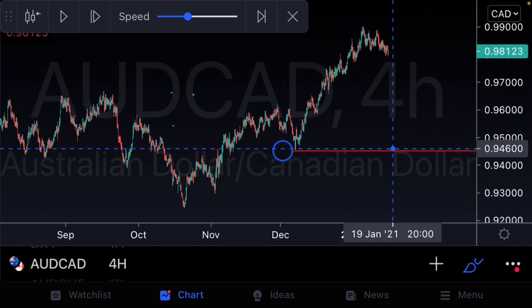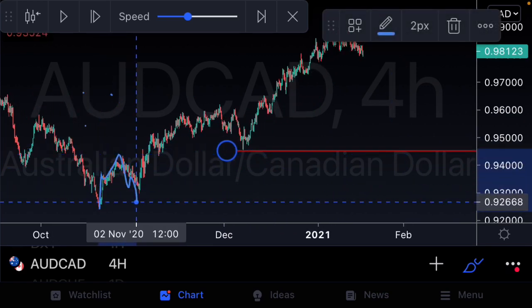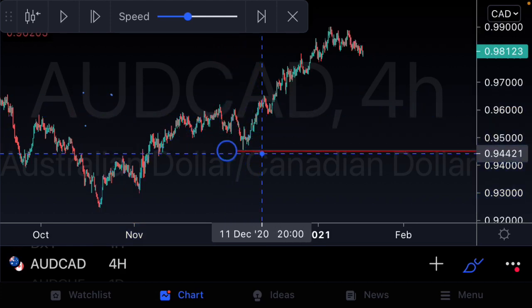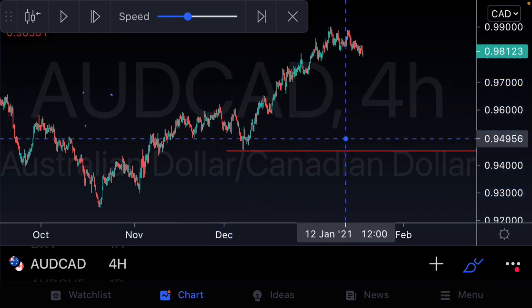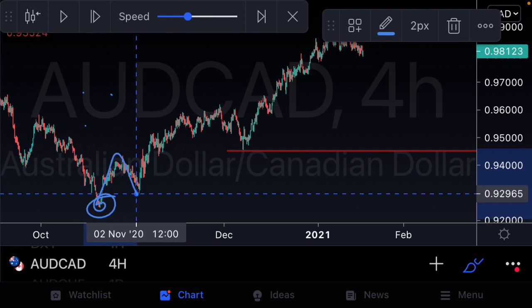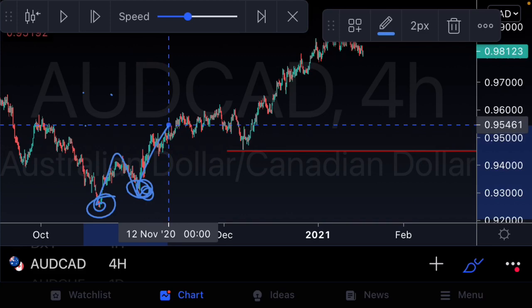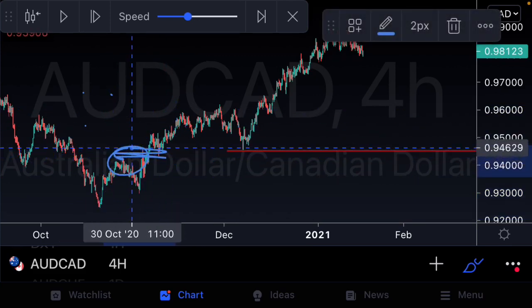So we understand that the market is fractal, and that there are trends going up here, trends going down here, trends going up here, trends going down here. So what's happening is that when order flow is primarily bullish, we will see buyers coming into the market on retracements, for whatever reason, buyers coming back in